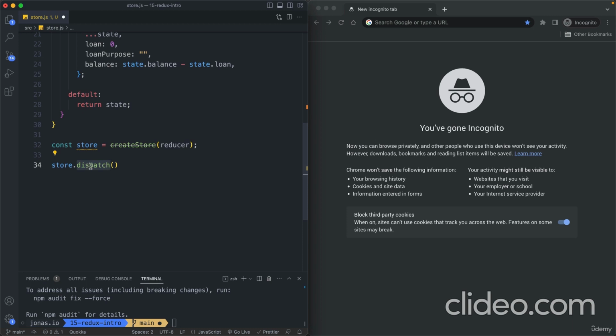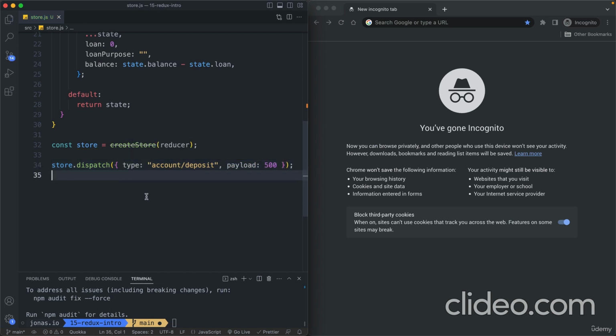Again, this dispatch function is basically what we already know from useReducer. And this is where we can now pass in that event. So let's specify account/deposit